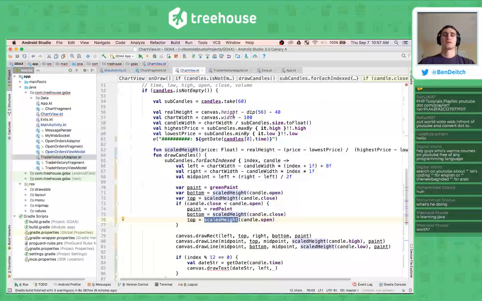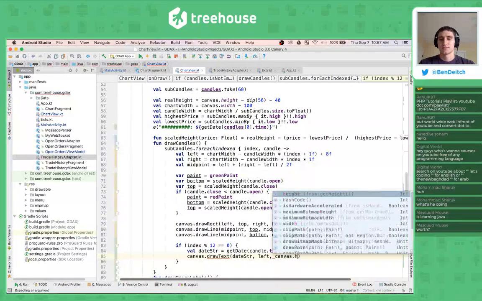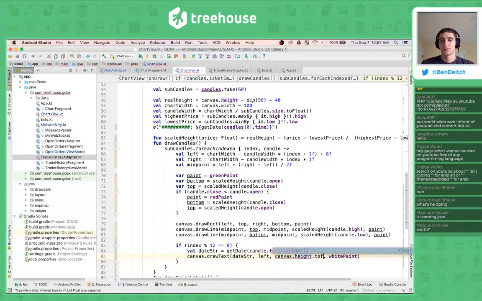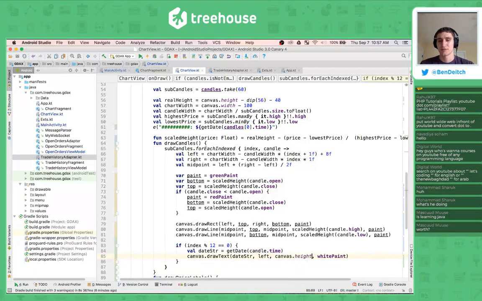Real height, canvas.height. Right, and then it would draw back up, or would it draw down? Let's go with canvas.height and see what that gives us. So we'll have canvas.height, and then the paint. Okay, and this needs to be toFloat, I guess. Actually, let's do canvas.height.toFloat minus 100, or no, just rather minus 20F for right now, just to